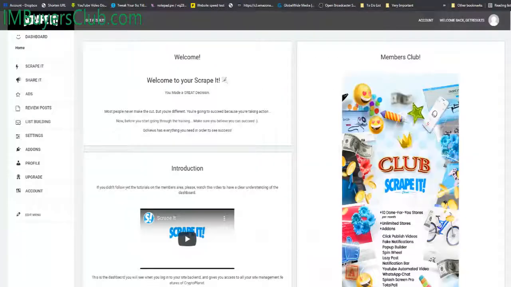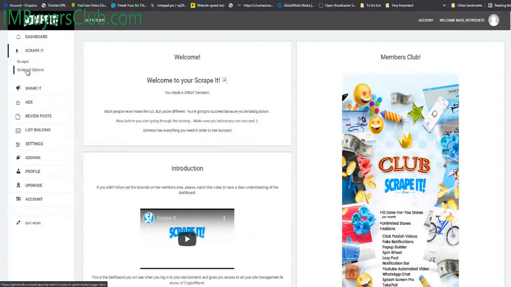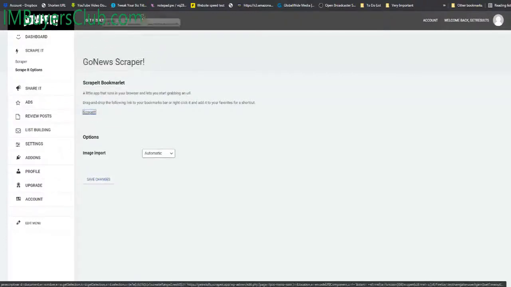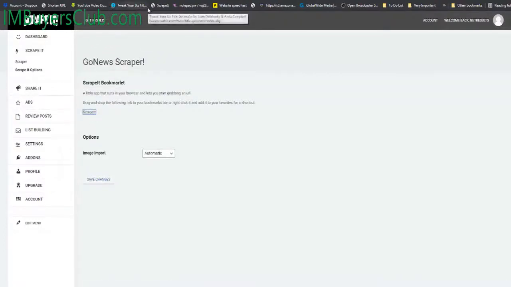So back in the dashboard of Scripit, the first thing I want you to do is to click on Scripit right here. Go to Scripit options, and then just take this little bookmarklet right here, grab it and drop it in your bookmarks bar there. Next thing I want you to do